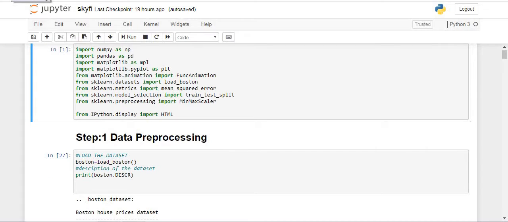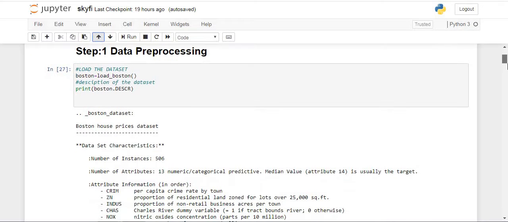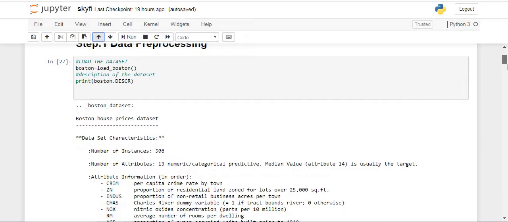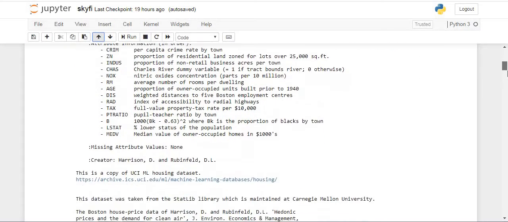Here we will load the dataset with the load_boston function and store it in a variable called boston. And we will use boston.DESCR to obtain the description of the dataset. Here we can see the output of the number of attributes that are present in the dataset, which are generally the features of the dataset from which we can predict the prices. And next